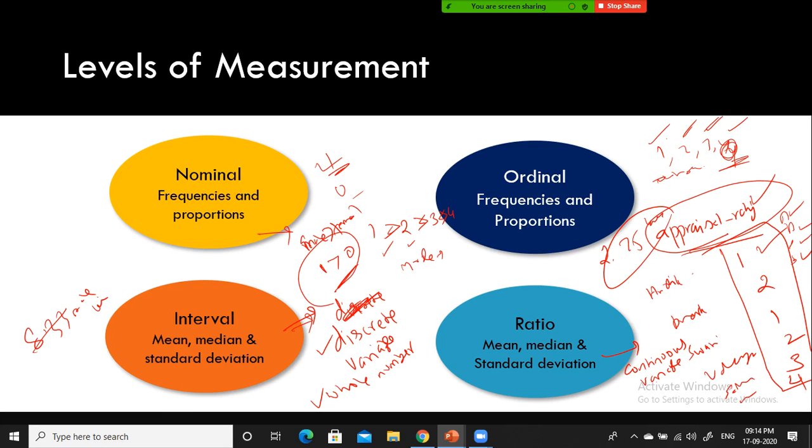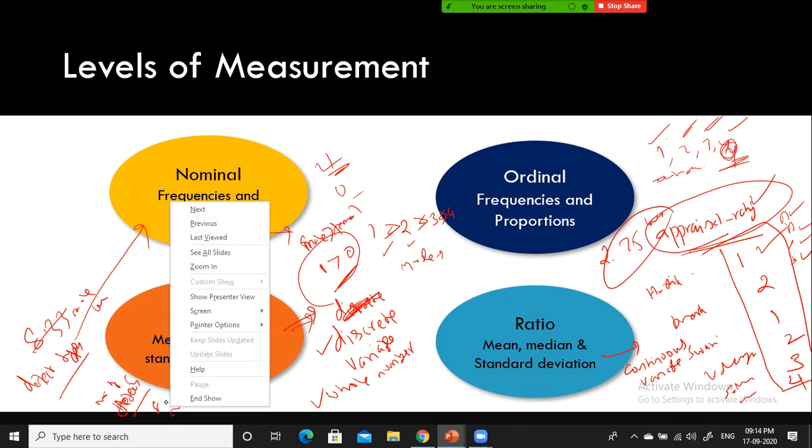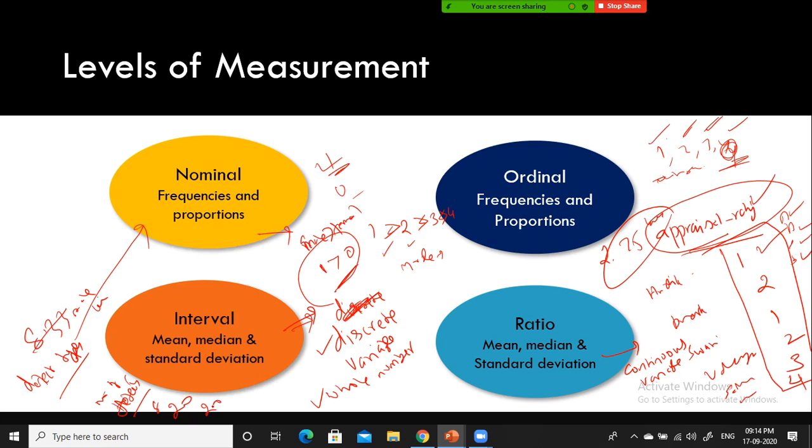Number of customers visited and defect types. This is another example. Let's say you are inspecting the products manufactured in the assembly line. You will say number of defects. Defect types is related to nominal. Number of defects, you say 8 defects were there or 20 defects were there. You never say 20.003. It's all whole number. Just remember, interval is nothing but the whole number, and instead of saying whole number, we call it a discrete variable.